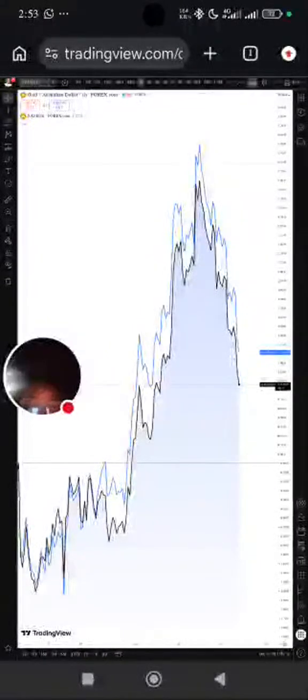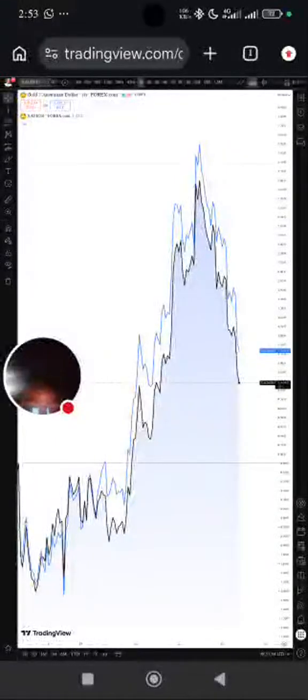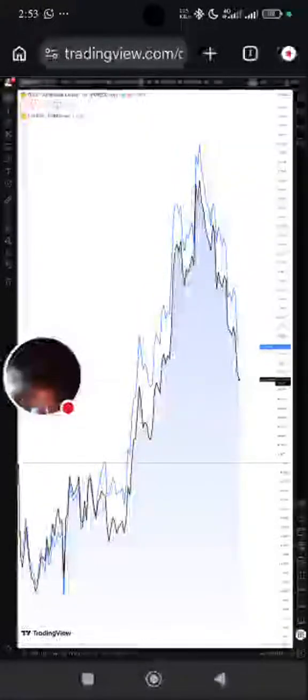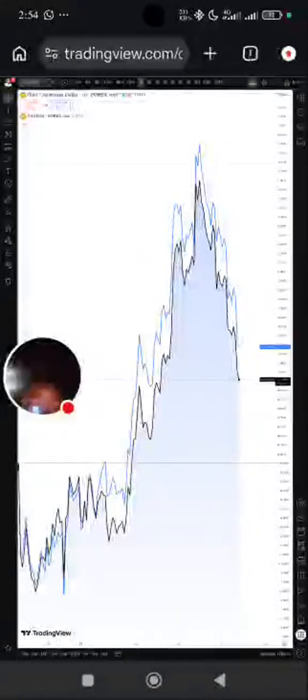And remember, we are not looking. There are other things that we look out for. Because I see a lot of people messaging and commenting 1 or 2 things, right? So we don't just base our analysis on divergence. There are other things that I look out for. About patience,